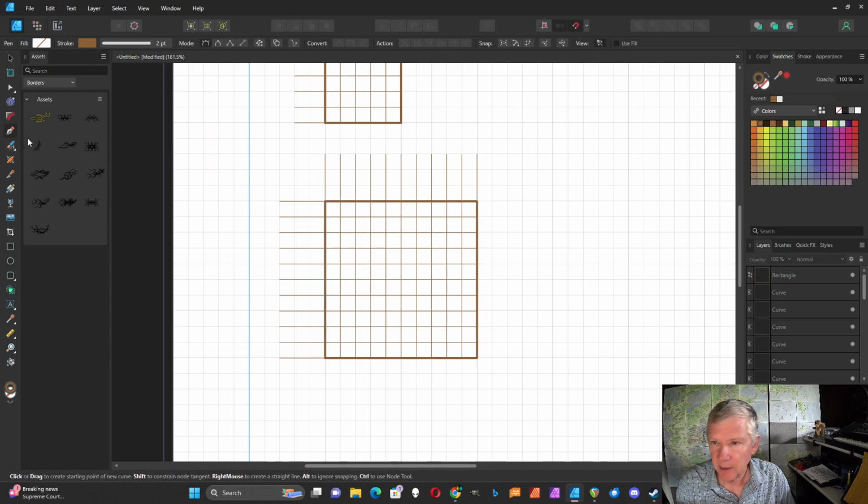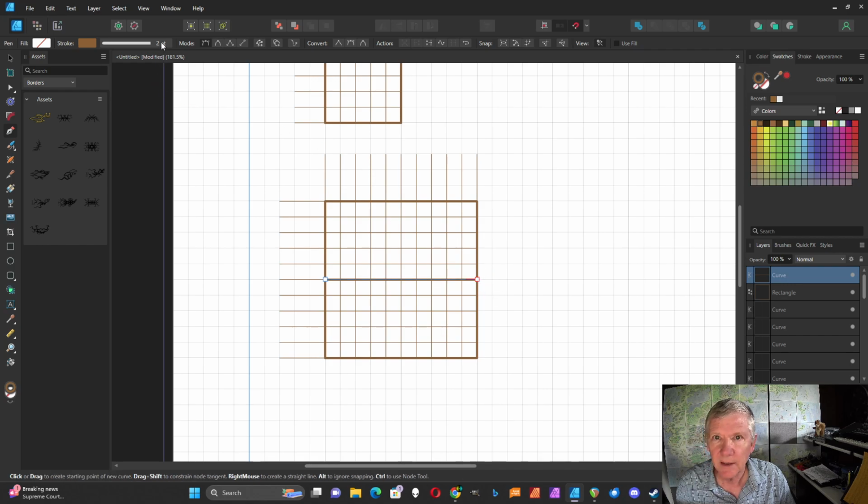I'll go back to the pen tool, and these puzzles are usually divided up in groups of 5. So I want to have a heavier line every 5 lines. So I'm going to go here, select from there to there,